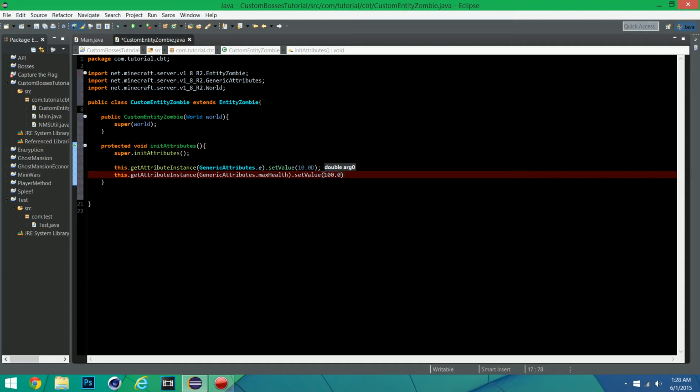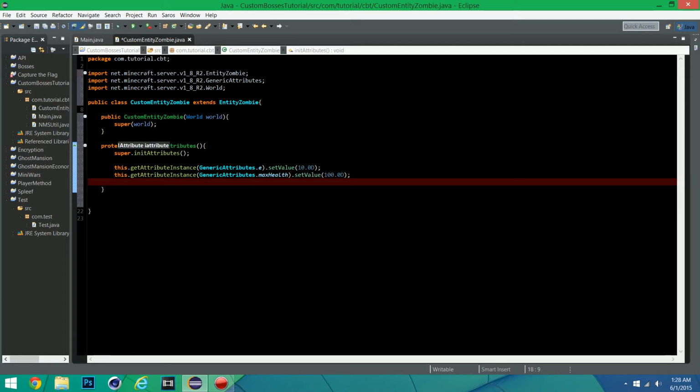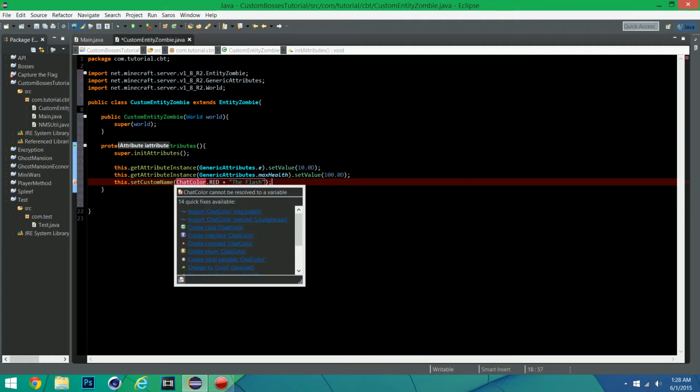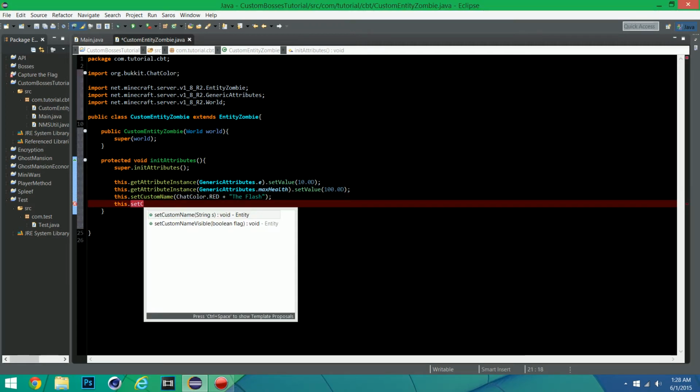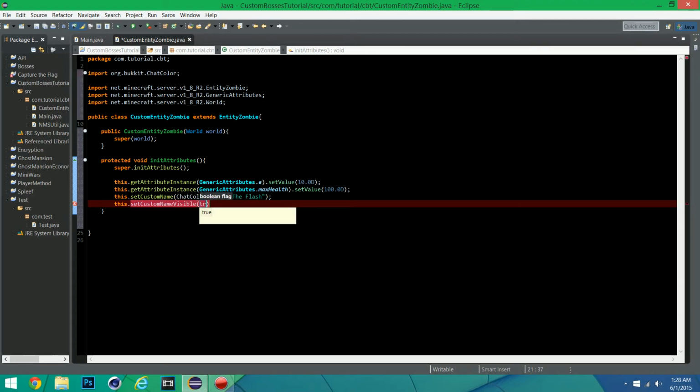So he's pretty much going to have 50 hearts, and we're going to do this dot set custom name to, let's say, chat color dot red plus the Flash. There. We're going to have to import chat color, obviously, and we're going to say this dot set custom name visible to true,